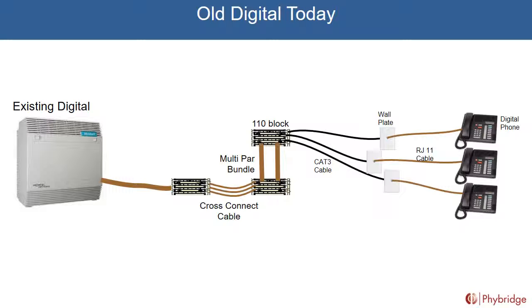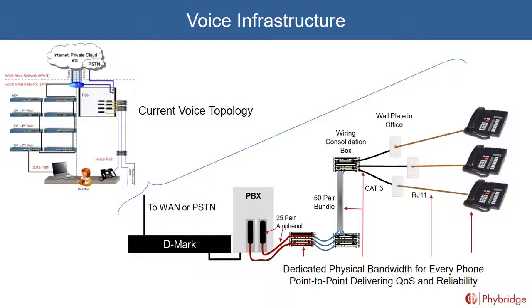Absolutely. So the single pair as well is delivering the dial tone on the tip and ring pairs traditionally, and that can run in distances to 1,200 feet or more. Ethernet, as you know, has a 300-foot distance limitation, and that contributed to some of the barriers that we saw in the previous slide. Let's go into the voice infrastructure a little more detail.